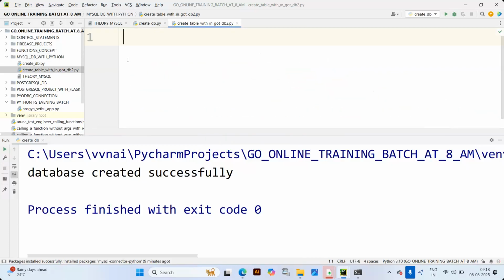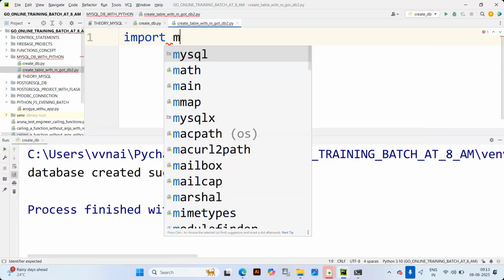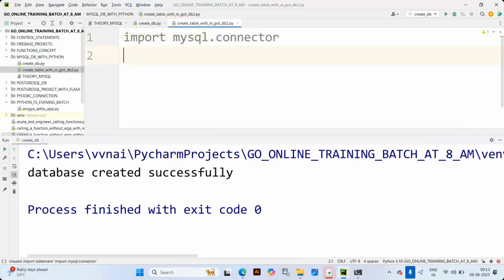So now here, same import mysql.connector, and now the query is